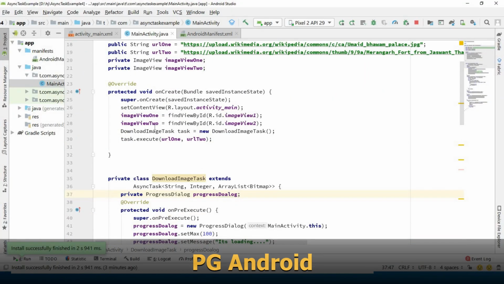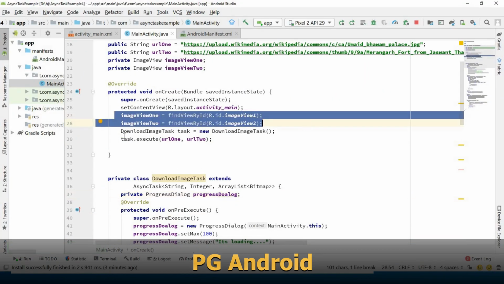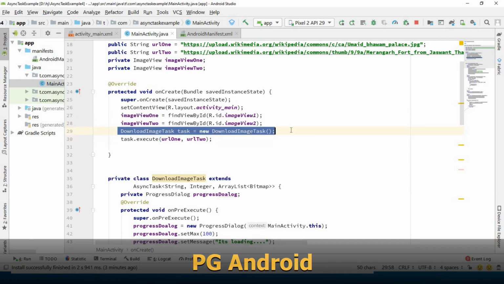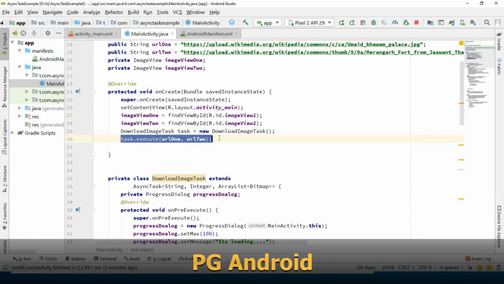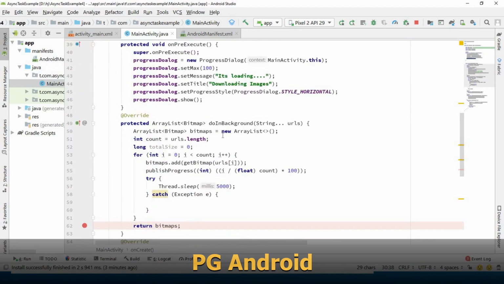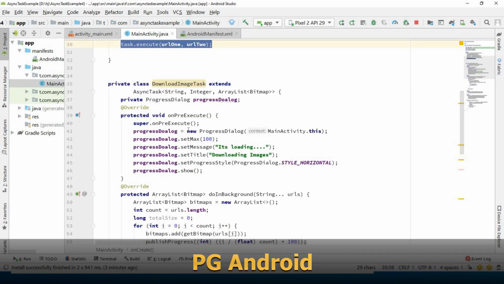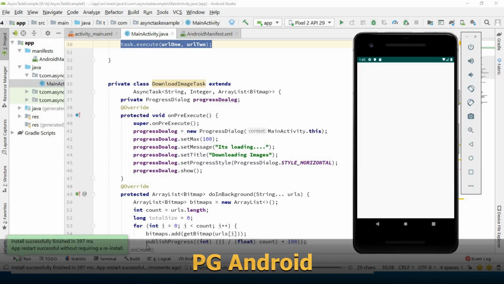This is a class in which I have created two variables, created a DownloadImageTask object and called the execute method. Here is the code of the DownloadImageTask which I showed you in the PPT. Now I will start this, and now you will see.